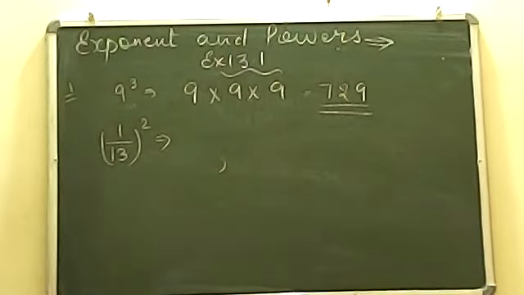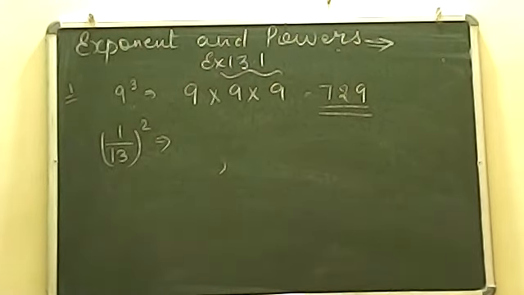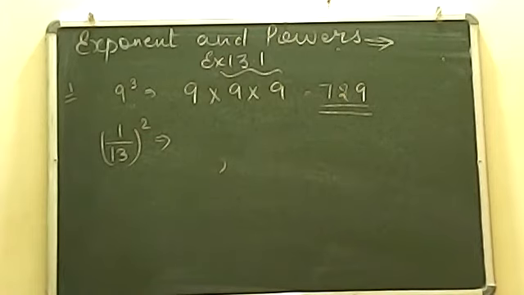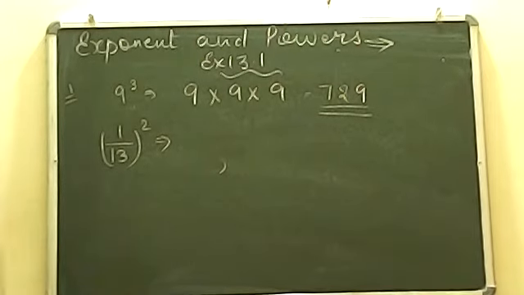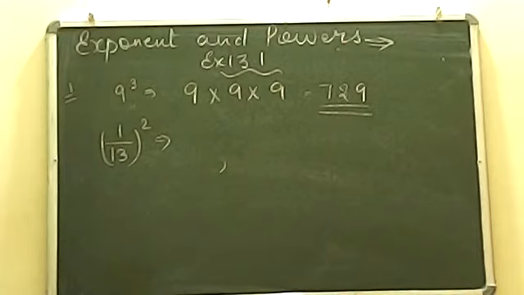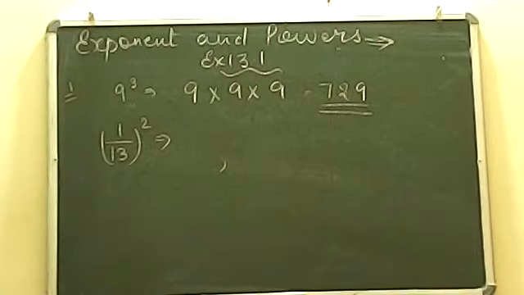I am telling you beta, सच में बहुत सारे बच्चे जल्दबाजी में आंसर करते हैं. 9 की पावर 3 आंसर इज 27. Please keep in your mind, if you write 9 to the power 3, that doesn't mean 9 into 3. That means 9 into 9 into 9. 3 times it will be the same number will get multiplied.